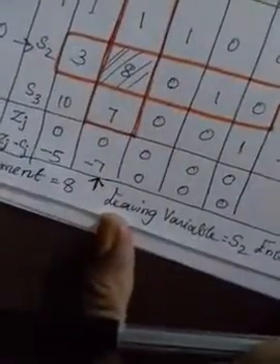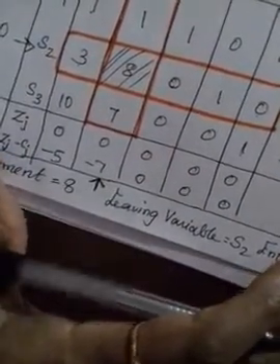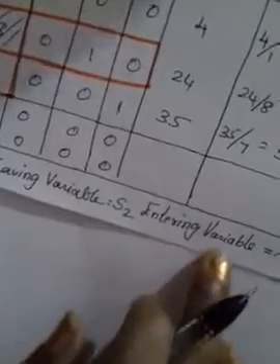Now from the initial simplex table, we got negative values. That's why we are going to make this kind of table again. Because we got z minus c in terms of minus, we have to do the first iteration. So which is your entering variable? Your leaving variable is S2 and entering variable is X2. Keep that in mind.